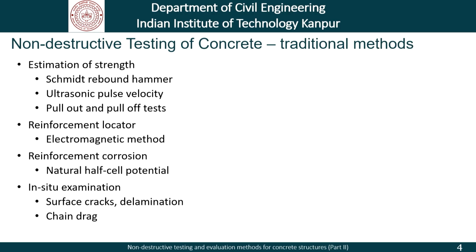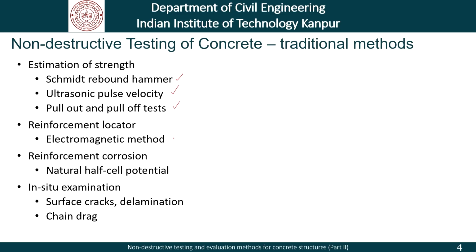So continuing with our discussion from the previous class, where we basically talked about traditional non-destructive testing methods for concrete. We talked about the Schmidt hammer and how it is used. We talked about the ultrasonic pulse velocity, and the pull-out and pull-off tests. Basically, methods by which we approach the concrete structure and try to find out the in situ strength. The strength that we get is for a local area. That's something which we must keep in mind.